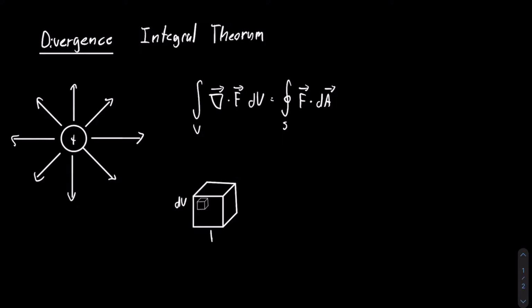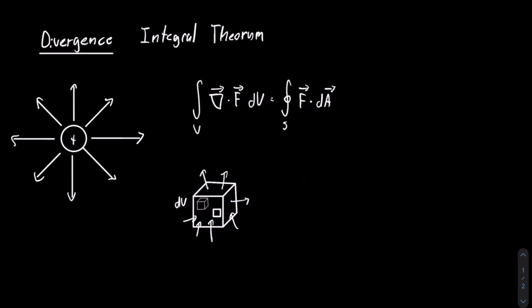I think it'll be easier to talk about this integral if we show the vectors of F, which, if you didn't know already, F is just the vector field. I drew these vectors randomly. Some are going into the surface, some are coming out of the surface. So if you see on the right side of the equation, we're integrating with respect to A. So there's a dA. So that's an infinitesimally small area. So I'm going to draw that. I'm going to make it big, and then I'm going to make it small,